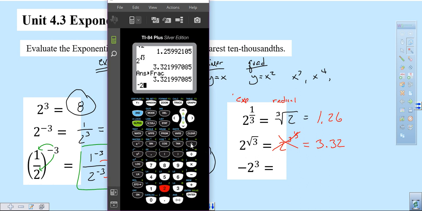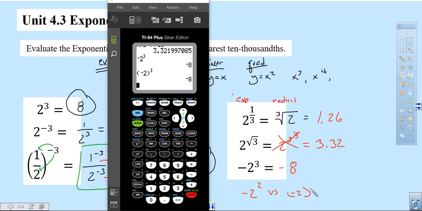And then the last one, what I wanted to see is a comparison to remind you that if that is negative 2 raised to the third power, no matter what you do, you're going to get negative 8. Even if I did put it in parentheses and did negative 2 raised to the third power, I get negative 8. And that's been a topic of discussion, because if I did negative 2 raised to the second power versus